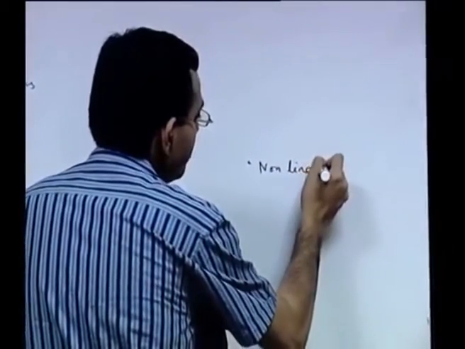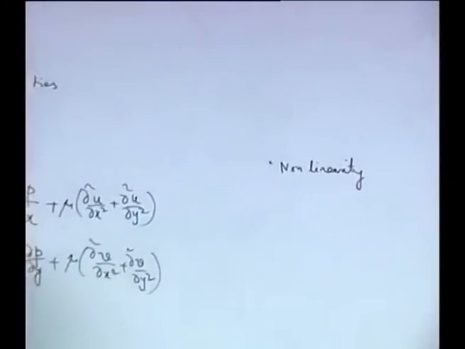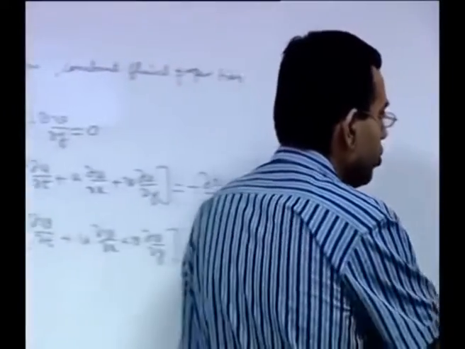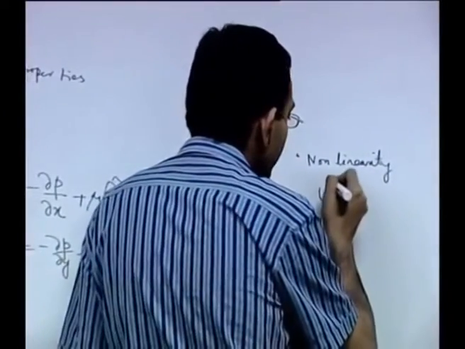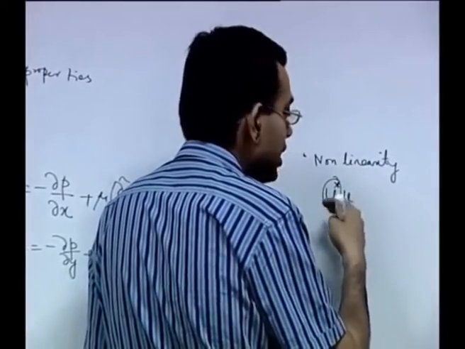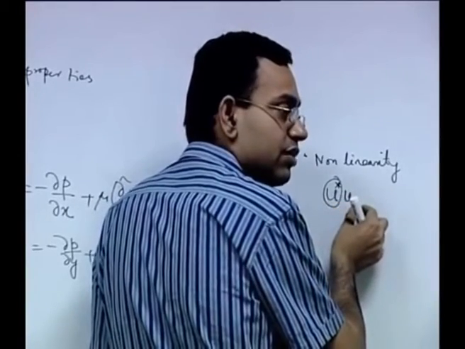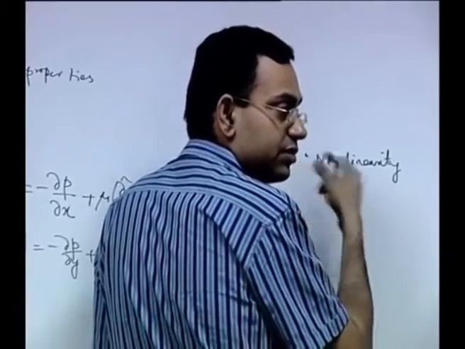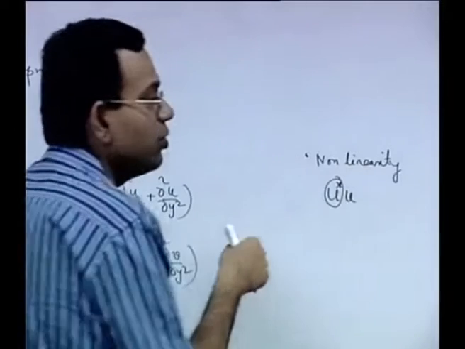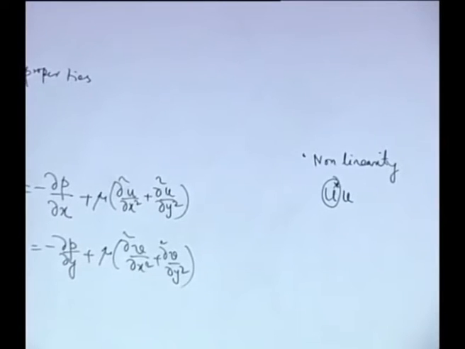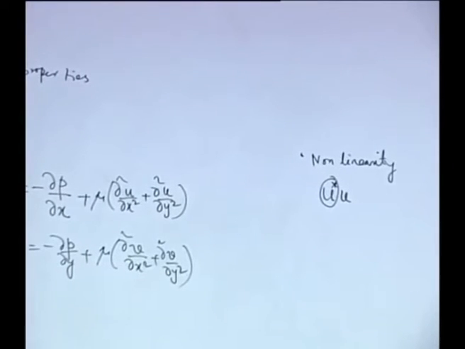but non-linearity is something which can be addressed to some extent in an iterative framework, which is well understood, that for example if you have u into u, so one of the u's you can consider as the value from the most recent iteration which starts with the initial guess. So it becomes a pseudo linear variable where u star is like a constant at each level of iteration. So it is possible to use a pseudo linear framework even if it is non-linear by using an iterative scheme, that is well understood.